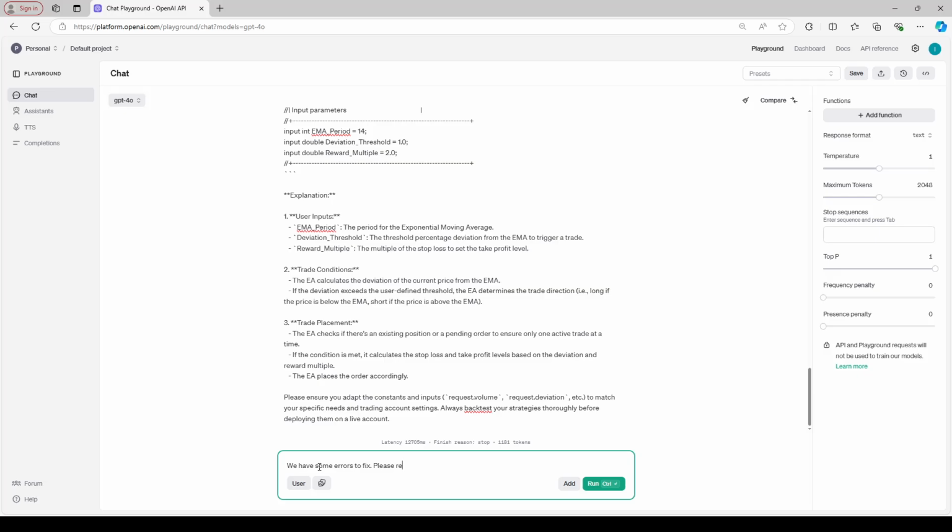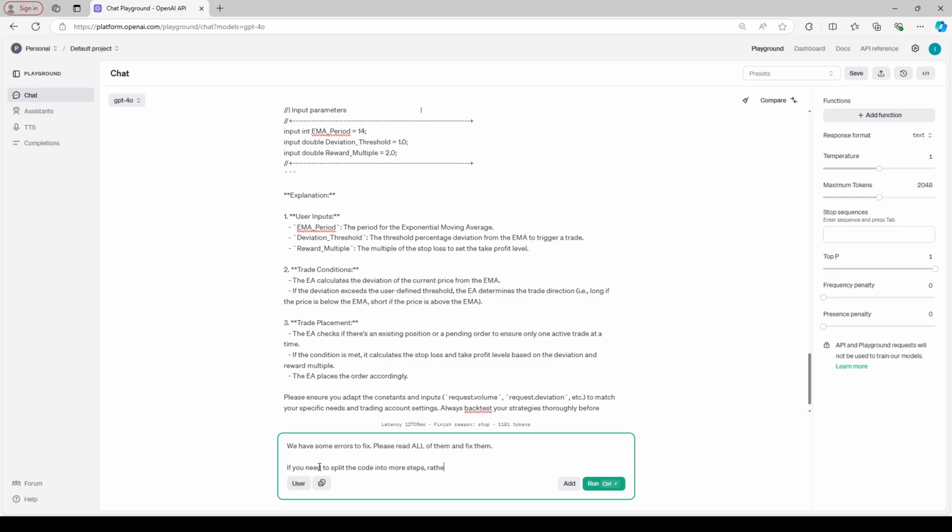But please read all of them and fix them. If you need to split the code into more steps rather than doing single line,